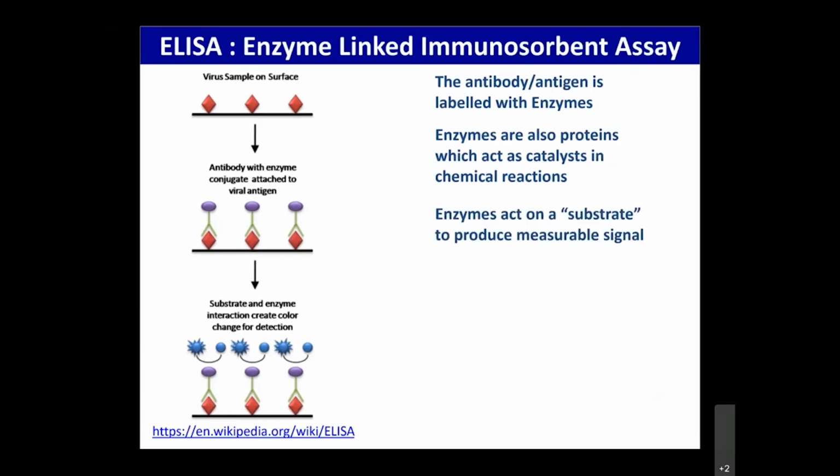These are the languages used by chemists and biologists, right? To produce a measurable signal, right? For instance, a substrate may be chromogenic, which means when the enzyme acts on this substrate, once this antibody-antigen reaction and binding happens, the color may change, which is what happens in the simplest diagnostic test that people use at home, like a pregnancy test, right? There's a change in color that tells you something has happened,